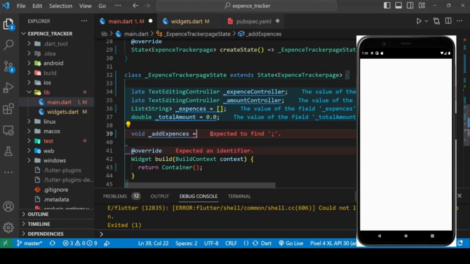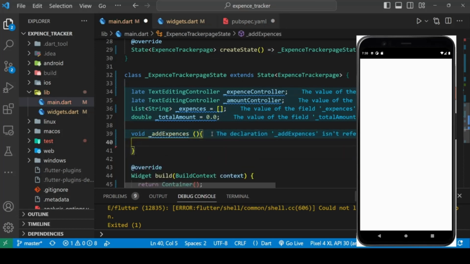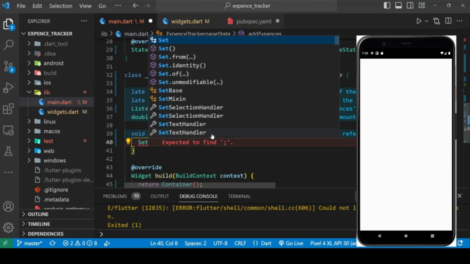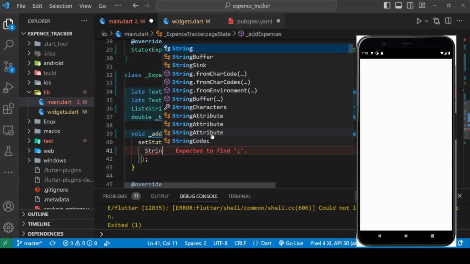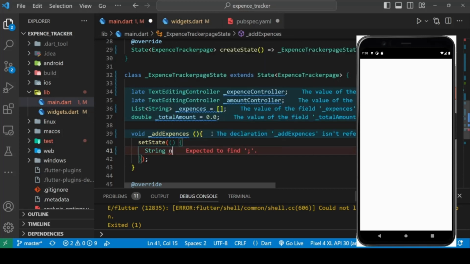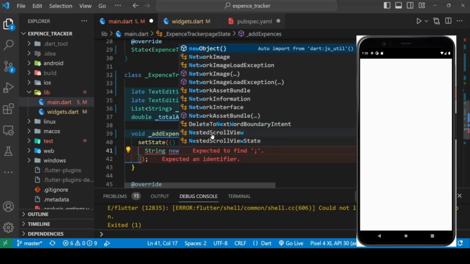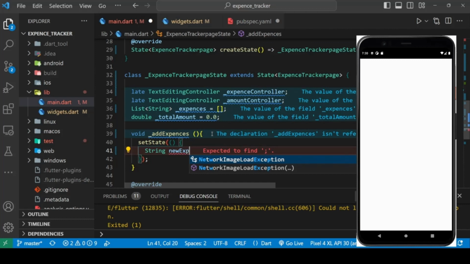Yes, add expenses, which will first call the set state function, inside which contains a string type variable called new expense, which is equal to